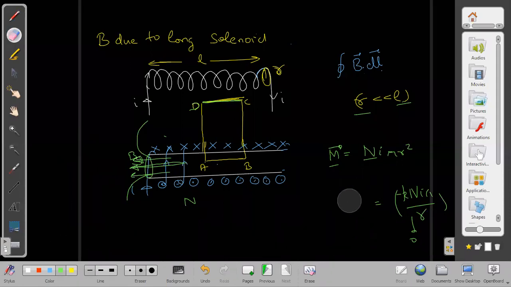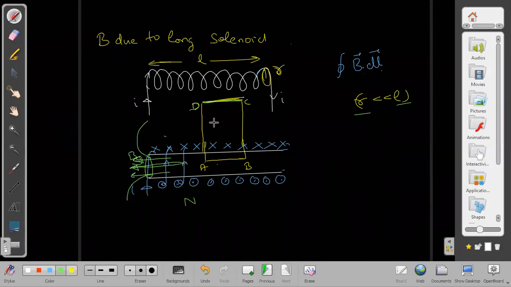If it is a very large distance, then the field tends to be negligible and can be neglected. For example, if I ask what the gravitational field is at a very large distance, we can say it is negligible, but will it be 0 anywhere? No, it will not be 0 anywhere. In the same way, it is not 0 here, but it is becoming less. And if it is becoming less, then can we say that B dot dl in the DC part will be 0? In the DC part, B dot dl is 0, right?